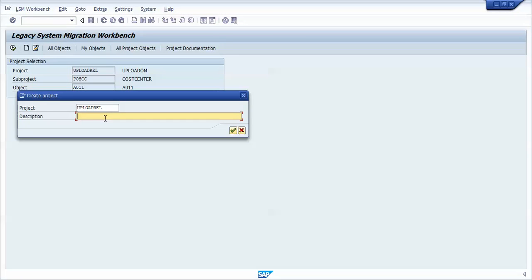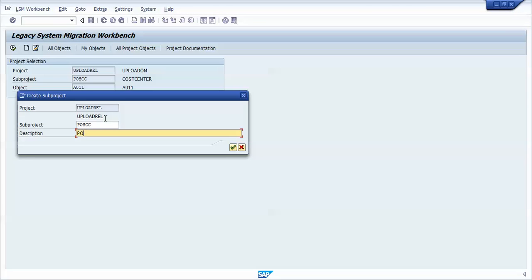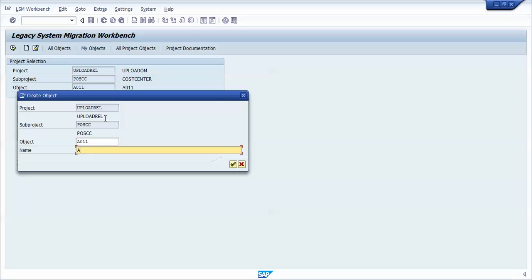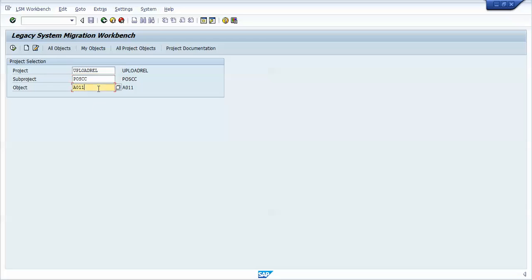Enter the same names in the description. Now once it's created, click execute F8